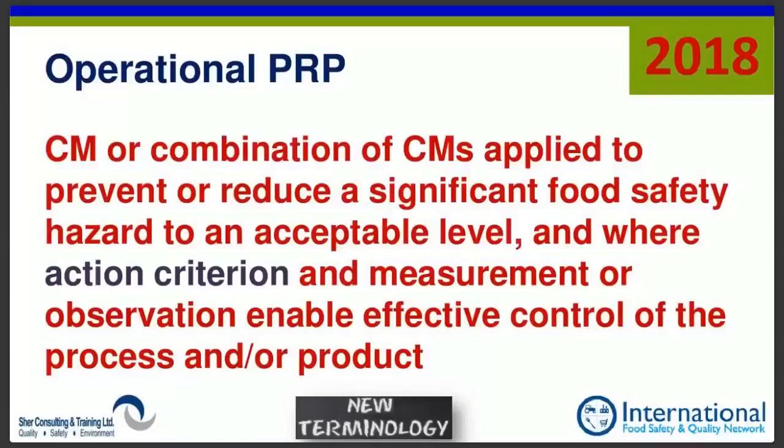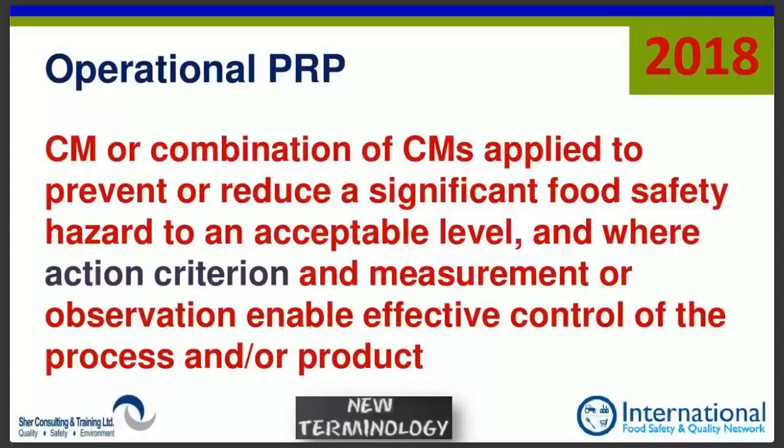Okay, I'm going to say that again just to make sure we're clear. If there is a control measure that is a step in the process, and it's essential, it's a control measure because it's now essential to reduce or to prevent a significant food safety hazard, and monitoring yields a number, a measurement, then you are a CCP. Anything else is an OPRP.